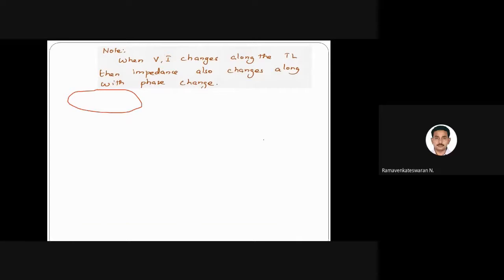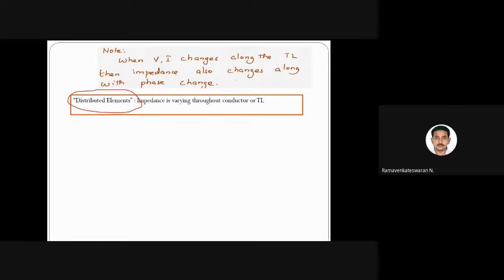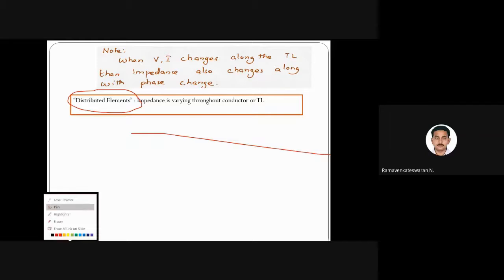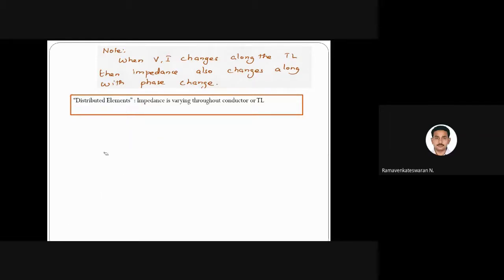So if there are distributed elements, definitely the voltage and current are going to change throughout the line. For example, if you take this, this is my RV, and this is my Mysore. So I lay the cable, probably 200 kilometers. I'm sending some signal. Let us take a very small frequency, 500 or 300 megahertz. Let us take 300 megahertz. It's a normal frequency, not a high frequency. If you convert it into wavelength, what happens?